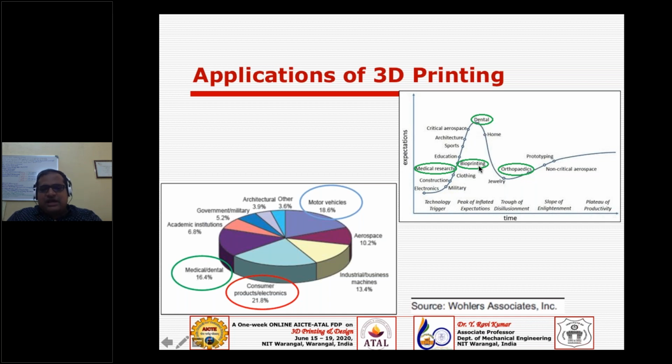And of course, apart from dental and orthopedic, there are some new applications in medicine coming, like bioprinting, that is printing of organs, which is coming slowly and is at the initial stage. And you have even medical research, that is also at the initial stage. It will take some time for these applications to reach the plateau of productivity. It may take maybe 15 to 20 years.